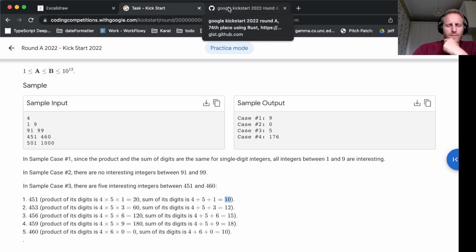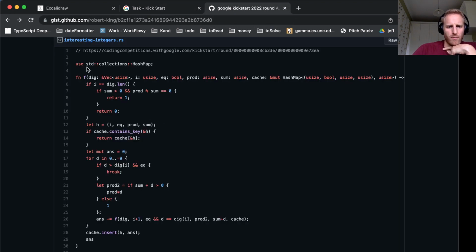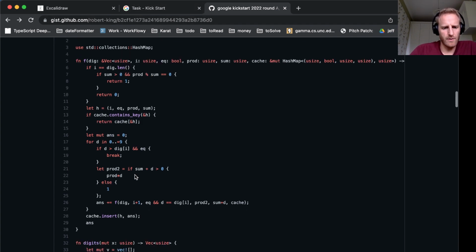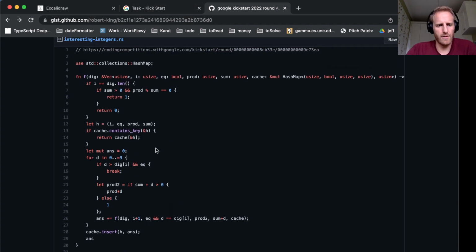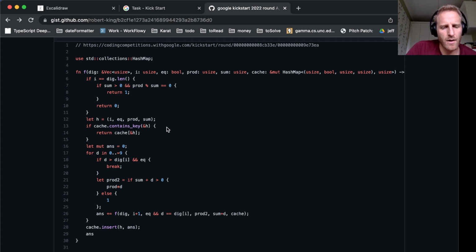So it's reasonably simple how my recursive function works, but it's not exactly clear that it's going to pass the time limit, the 20-second time limit. So this runs in about 10 seconds, so it's just fast enough, and it does, yeah, probably many hundreds of millions of operations. But yeah, first of all,